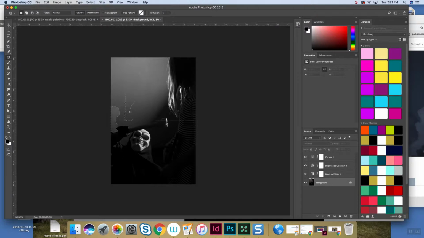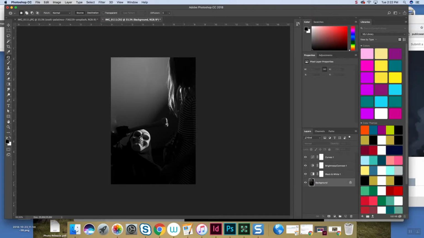Actually, I don't really like the way that looks. So I might fill that in just with part of the wall. So there we go. I'm going to hit Control D on my keyboard to deselect. Now I still have some fixing up to do. That did not do a perfect job of getting rid of that stool over there, but